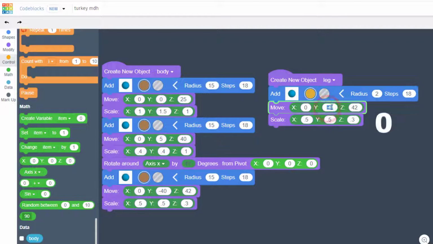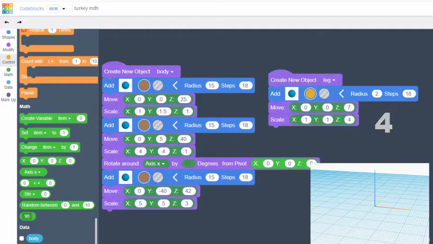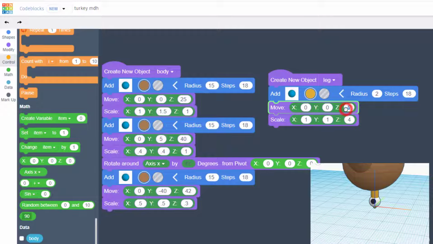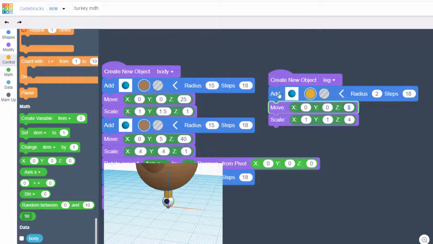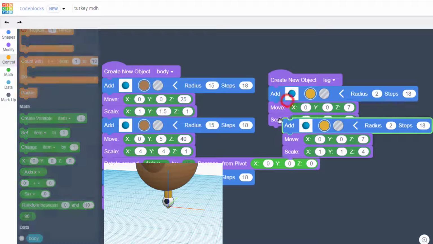Under the move, I want it to be 0, and then we're going to make it 7 high on Z. For the scale, we're going to set it to 1, 1, and I want you to make this one 4. When you hit play, you'll see that we have a turkey, and we've got an eyeball in the middle of that leg. We're going to just ignore that eyeball, though,